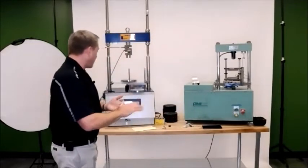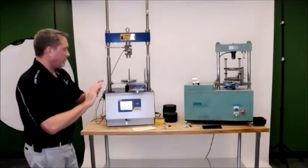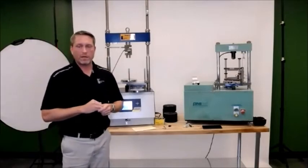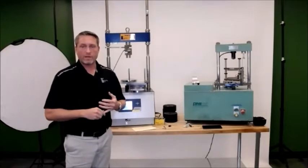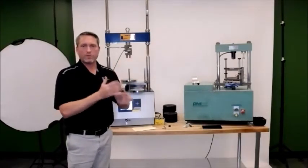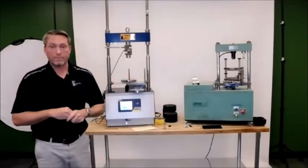So at this point, we'll move on to the smart loader. Again, the smart loader is a little bit more diverse. It's going to bring a little bit more ability to do some more testing, including stability and flow. If you're into that, we have a Texas right now is into a shear bond. They're testing their interlayer shear bond strength with a different type of jig, but the setup still remains the same